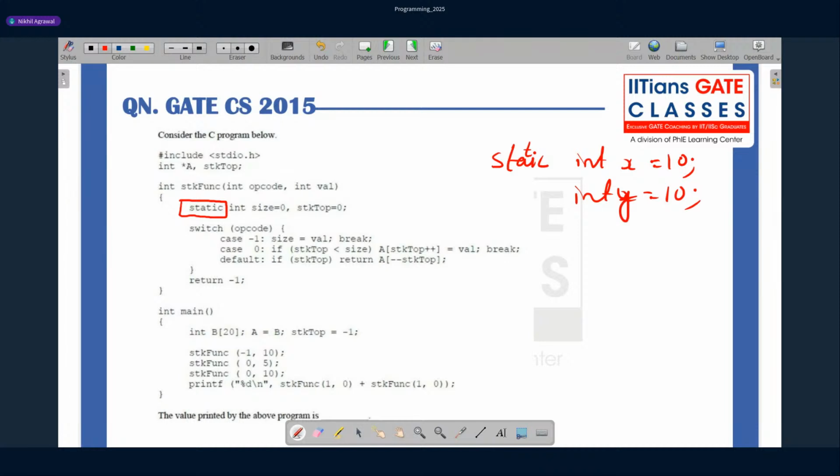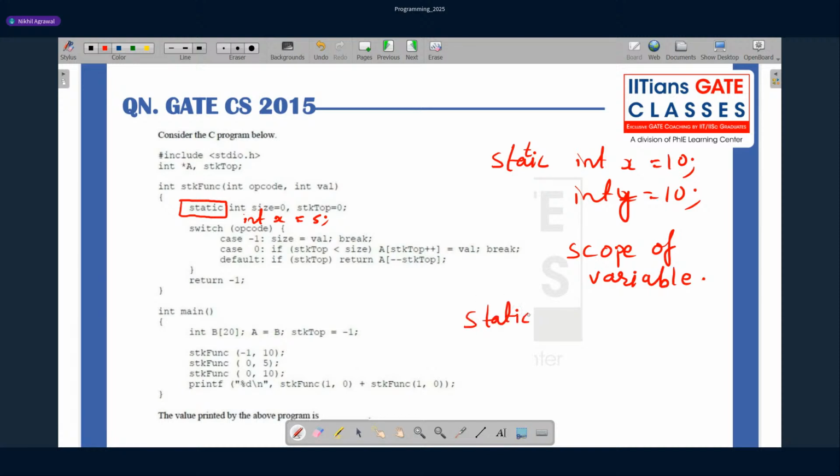No problem. Say inside this function I am having a variable integer x is equal to 5. So what will happen to this variable x whenever I'm calling the stack function? We have something called the scope of variables. Static variable scope is the lifetime of the program I'm writing.